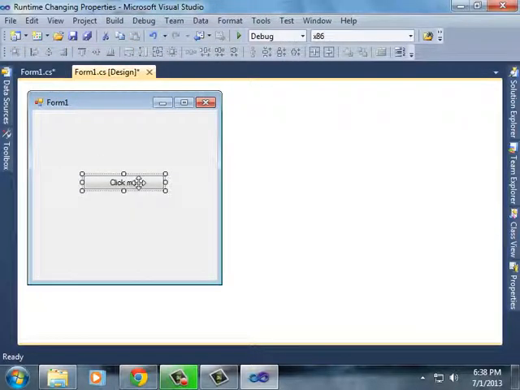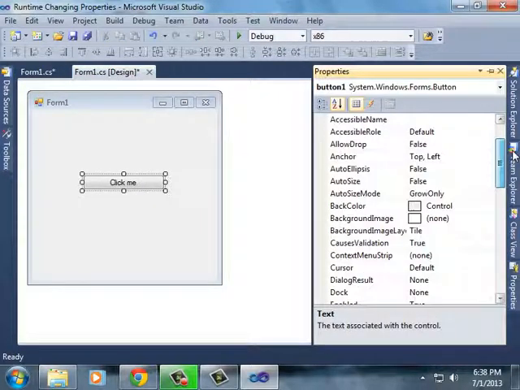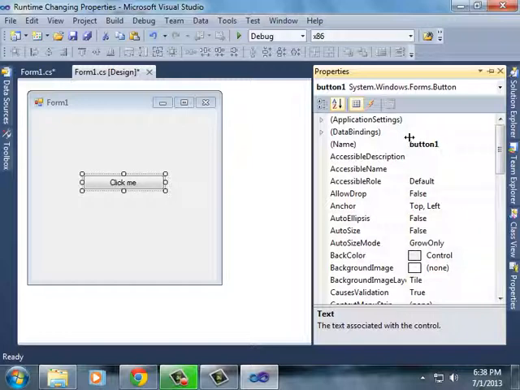To change its properties, I have to access it through its name. To find its name, go to the properties, and here at the top you can find the name, button1.